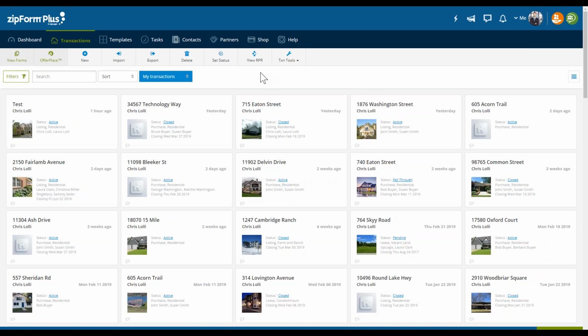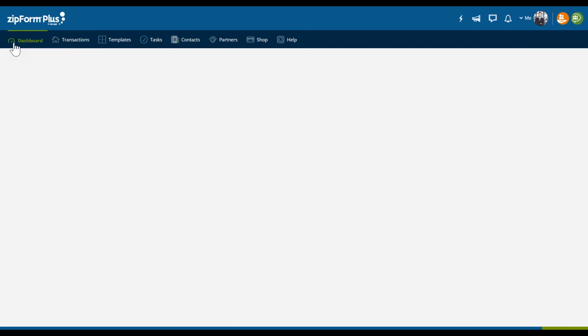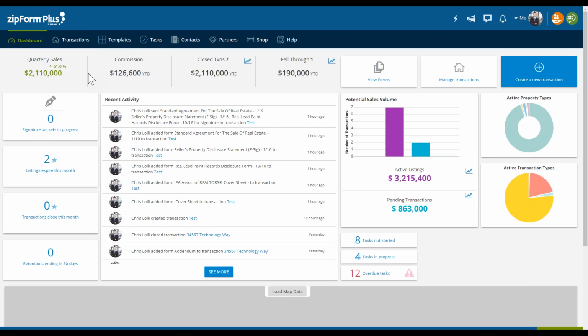Now, the primary mode of where you want to be focusing, the focal point of ZipForm Plus, is this dark blue bar, which is called the navigation bar. Okay, it goes from the far left, which is the dashboard, all the way to the help tab on the far right. And we're going to just take a brief navigation of that really quickly. So if I click on dashboard here, we get to view all of that Zip TMS data at a glance for us and at ease for us.